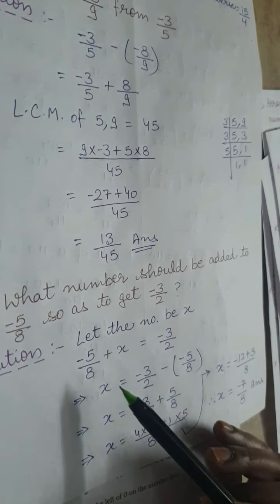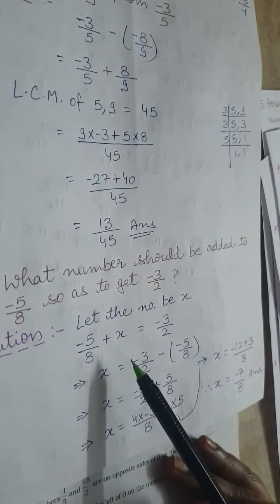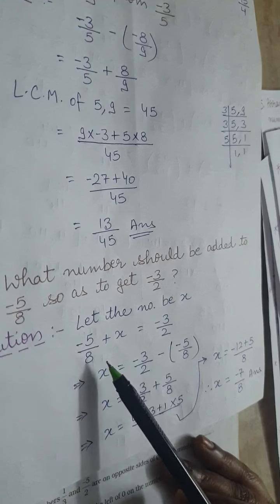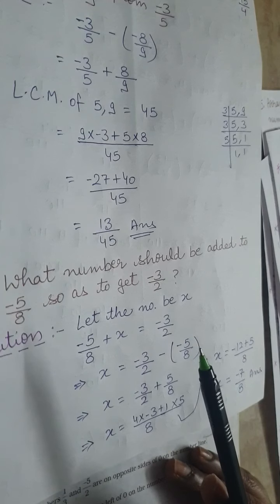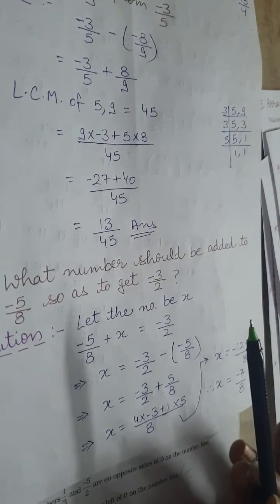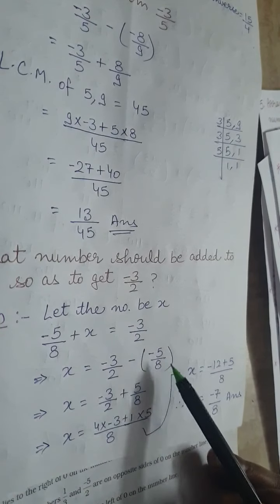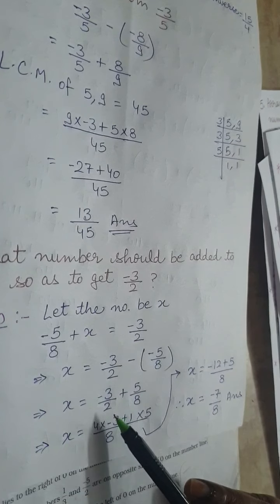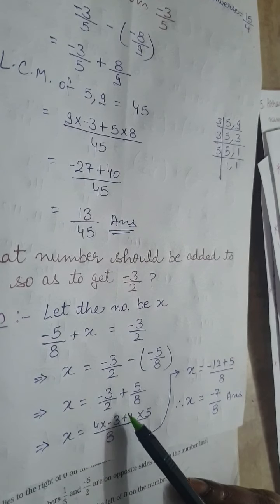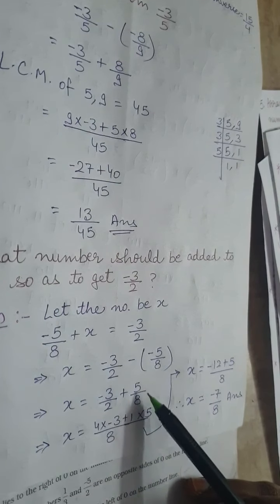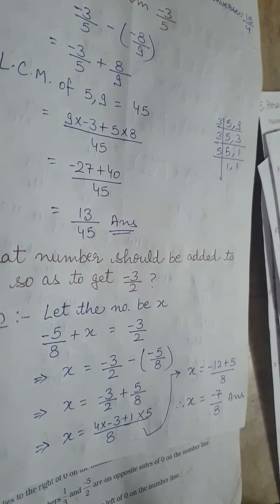Minus 5 upon 8 को हमें कहाँ ट्रांसफ़र करना है? RHS में. एंड वेन एवर देयर इज़ अ ट्रांसपोजिशन, जब भी हम ट्रांसपोजिशन करते हैं तब क्या होता है? द साइन ऑलवेज बिकम्स रिवर्स्ड. साइन हमेशा क्या हो जाते हैं? रिवर्स हो जाते हैं. नेगेटिव टू पॉजिटिव एंड पॉजिटिव टू नेगेटिव. So here minus, then minus 5 by 8, minus minus plus, the same step, take LCM of 2 and 8, that is 8, 2 4 ja 8, 4 multiplied by minus 3 plus 8 1 ja 8, 1 multiply 5. What we get? Minus 12 plus 5, that is minus 7 upon 8.